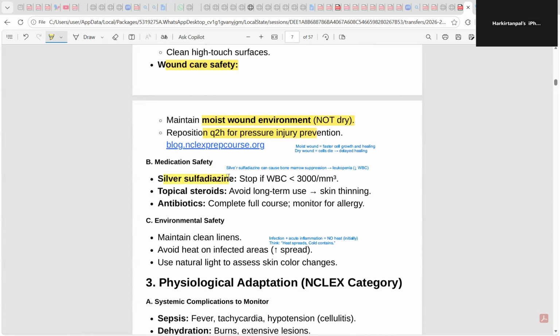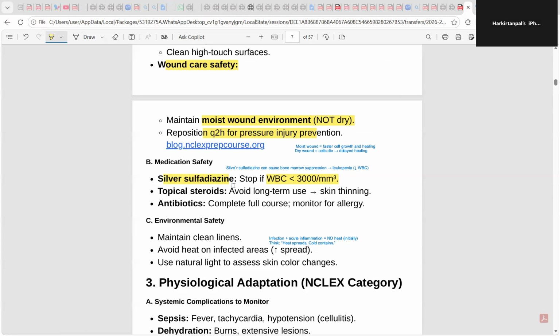Those who are getting the silver sulfadiazine, for example, burns patients, we are applying the silver sulfadiazine, but we should monitor the WBC level. Why? Because the silver sulfadiazine can affect the bone marrow, can lead to bone marrow suppression. We know the WBC is produced from the bone marrow. If there is bone marrow suppression, the level of the WBC will be low. That leads to leukopenia. So if there is leukopenia, that means WBC level less than 3000, we should stop the use